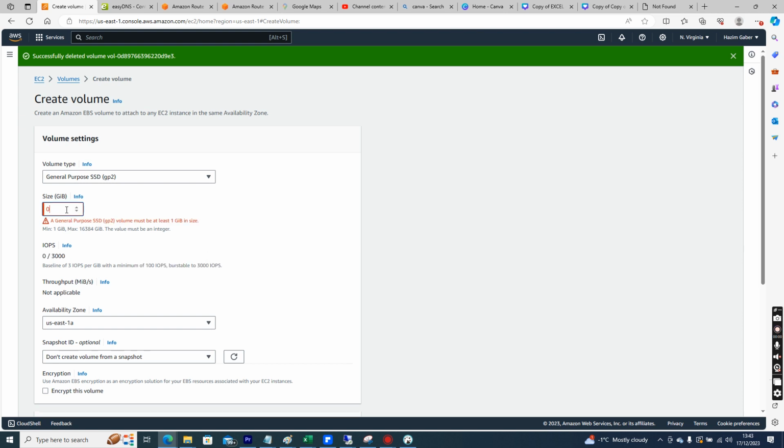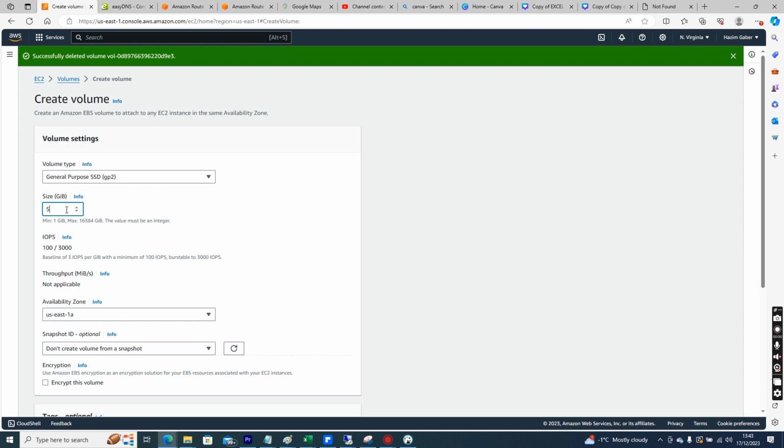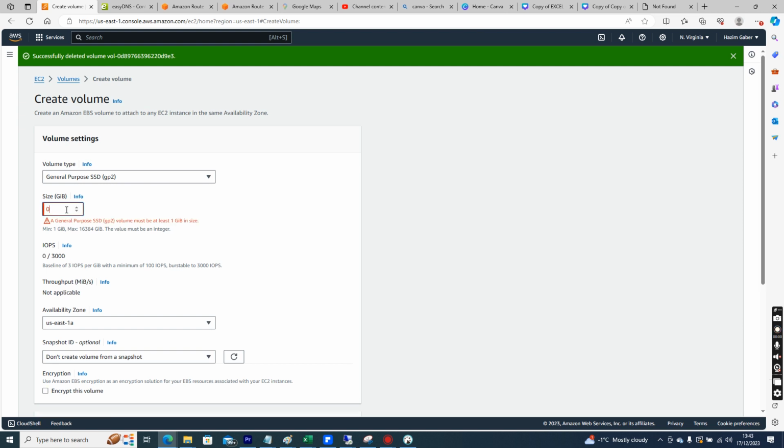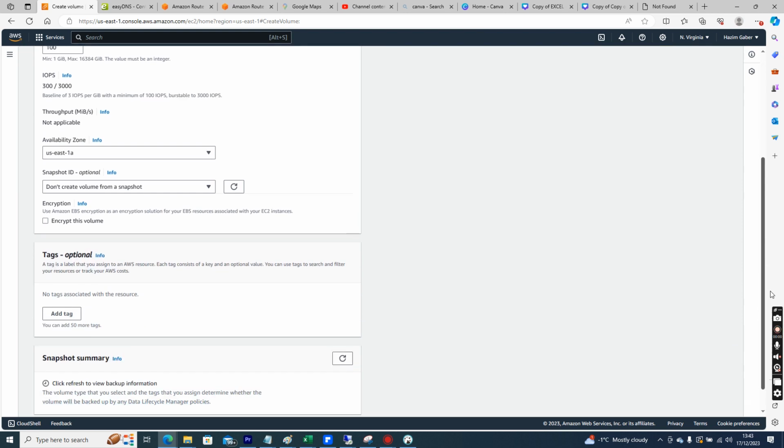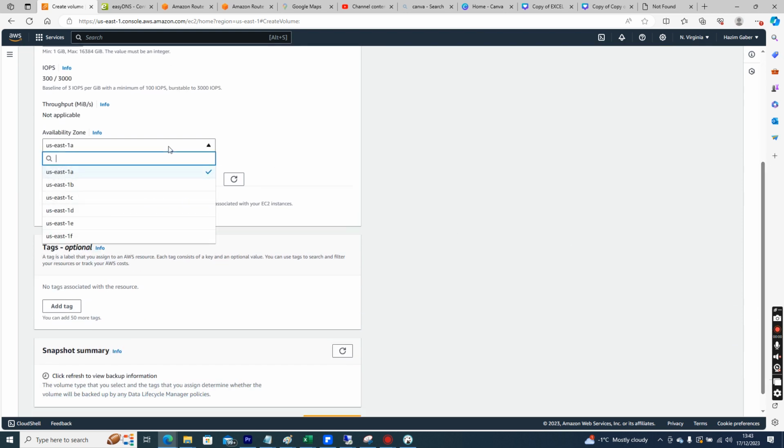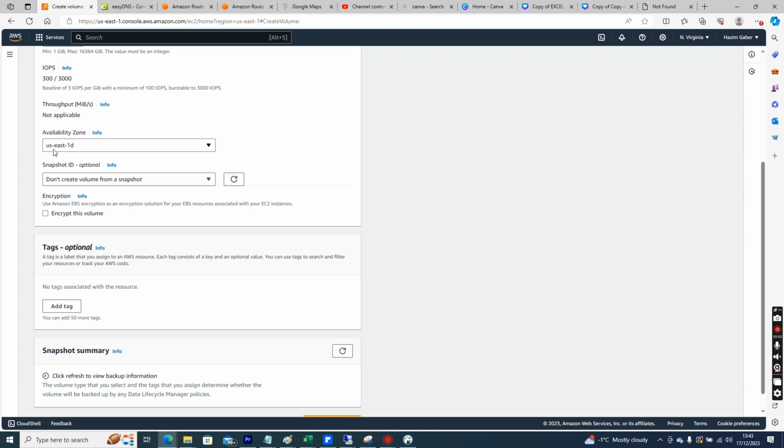So actually, 100 is the minimum. So I think we get three IOPS per gig. That's what it is. 3 IOPS per gig with a minimum of 100, burstable to 3,000, for a limited period. So now you want to make sure to choose D or whatever your availability zone is,